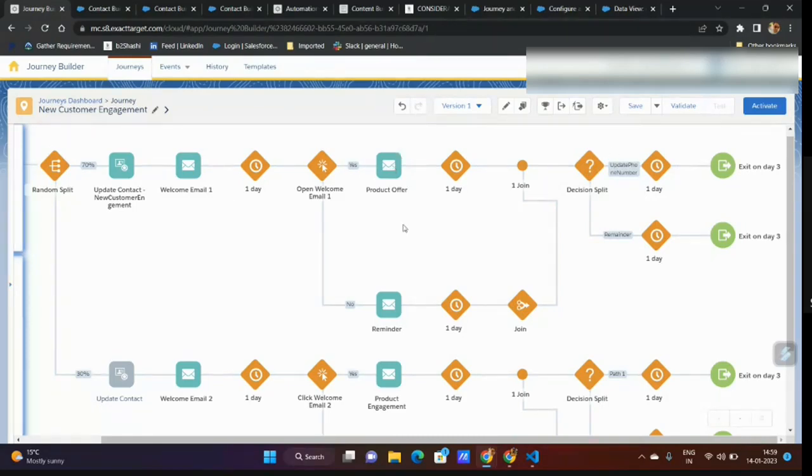Okay. So I can even include another email and say, thank you for updating your profile. And based on your profile, we are giving you 10% off and all. The chain can continue. Now, this reminder path where they didn't open, okay, I send them the reminder saying that you haven't opened. Basically, try to see what offers we are giving in the welcome email. I'm trying to send them a reminder. And after the reminder also, maybe I can continue with another path, or definitely I don't want to